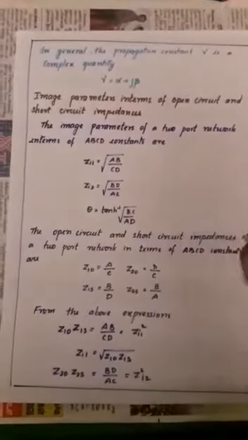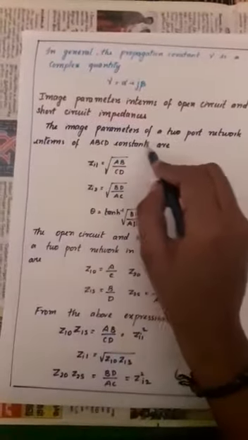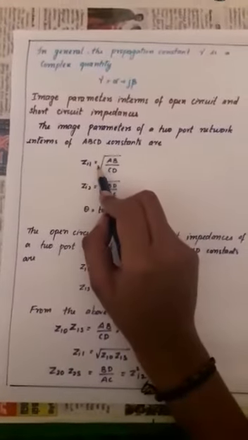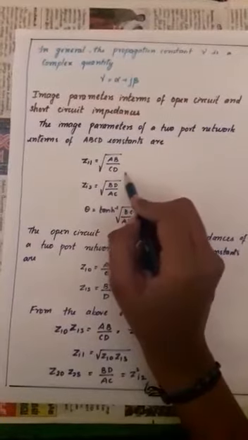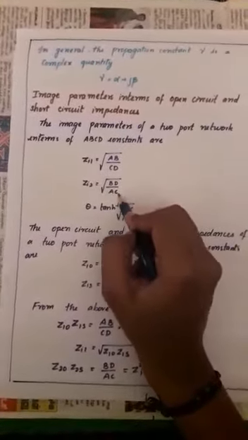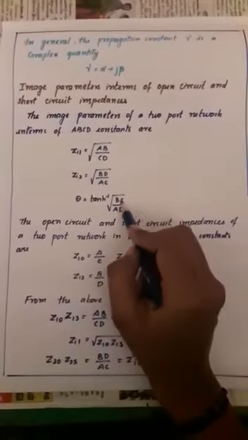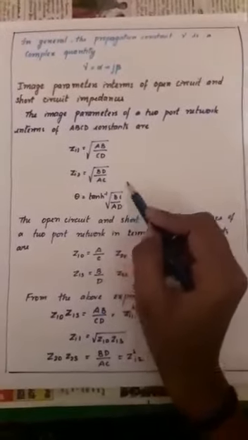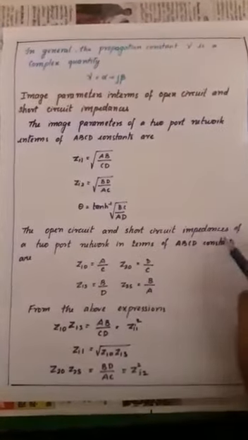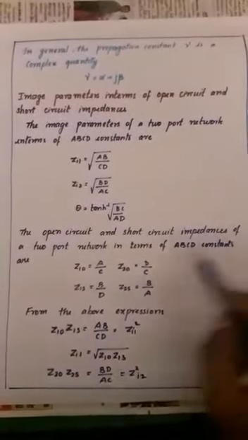Image parameters in terms of open circuit and short circuit impedances. The image parameters of a two-port network in terms of ABCD constants are Zi1 equal to root of AB by CD, then Zi2 equal to root of BD by AC, then theta equal to tanh inverse of root of BC by AD. The open circuit and short circuit impedances of a two-port network in terms of ABCD constants: